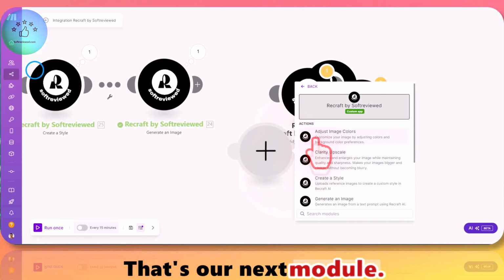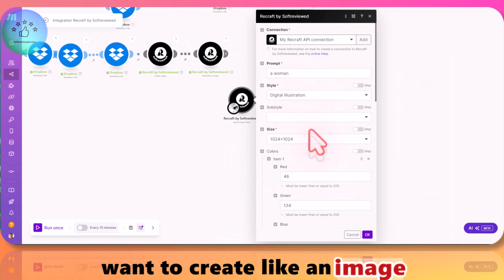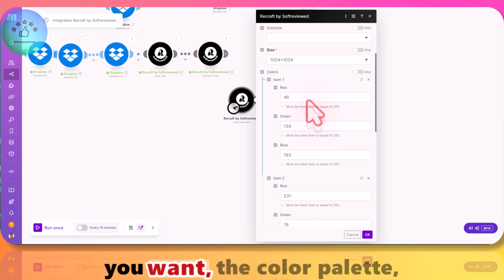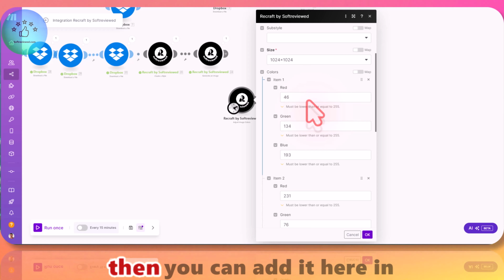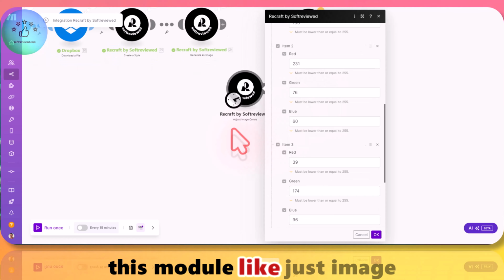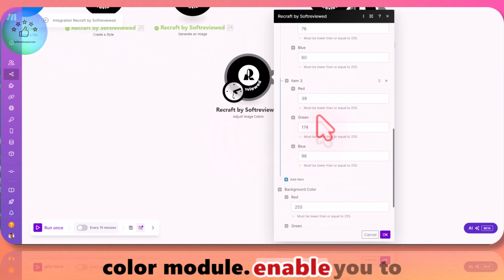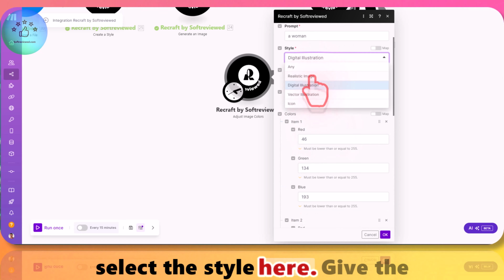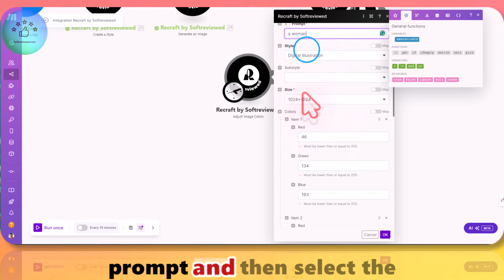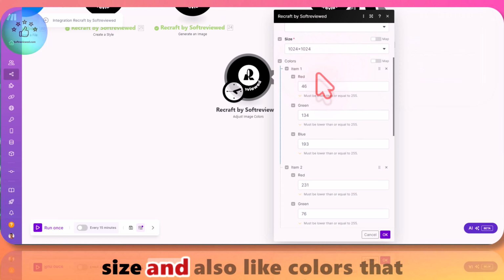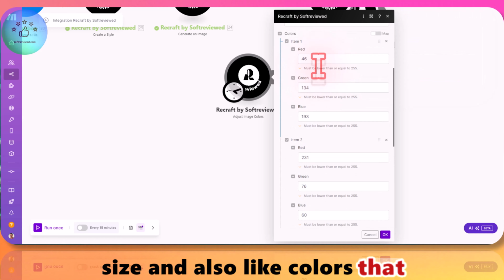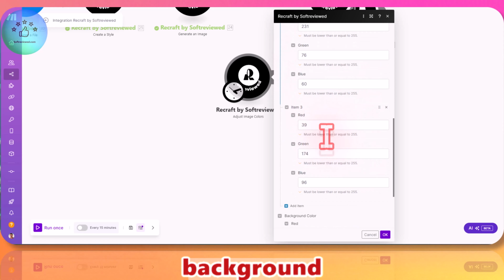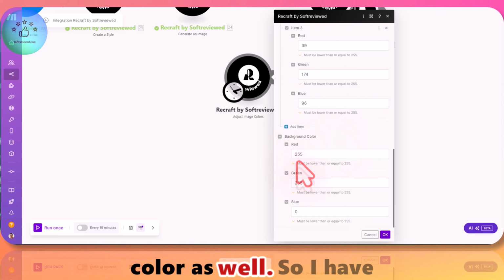That's our next module. If you want to create an image, and if you already know the color palettes that you want, then you can add it here in this module, the adjust image color module. This will enable you to do two things. One thing is you can select the style here, give the prompt, and then select the size, and also the colors that you want in the image,